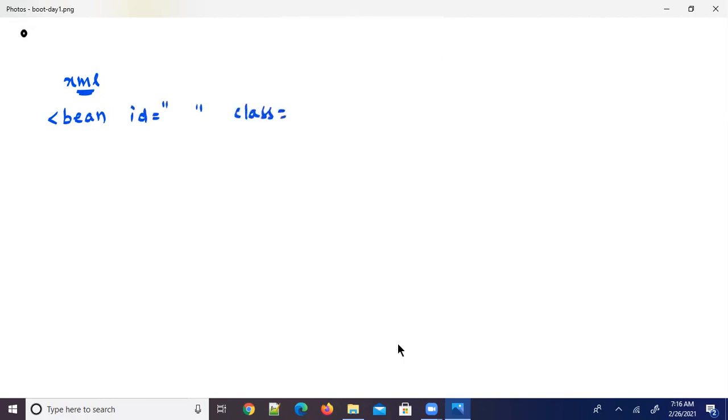Of course, now the application doesn't have XML files. We use the bean tag to configure a bean in XML, to define the configuration of a bean.